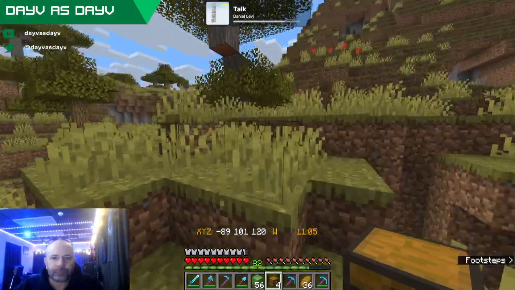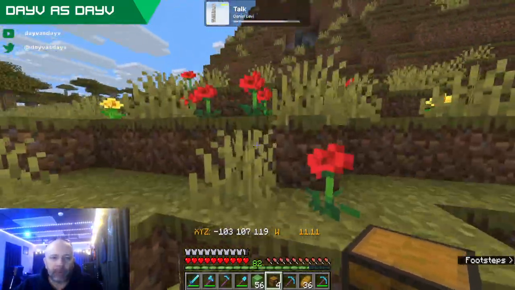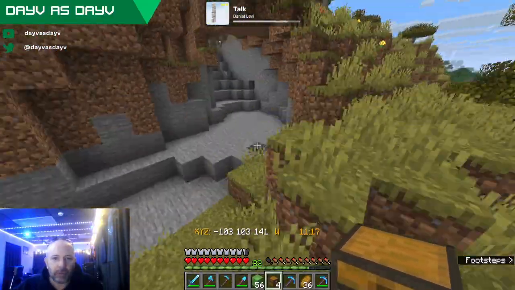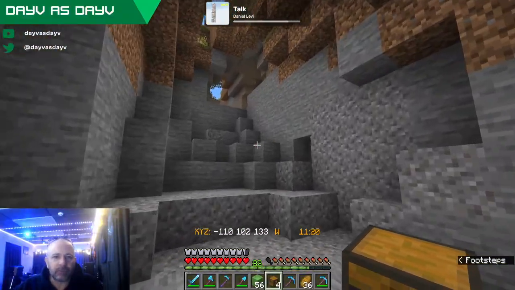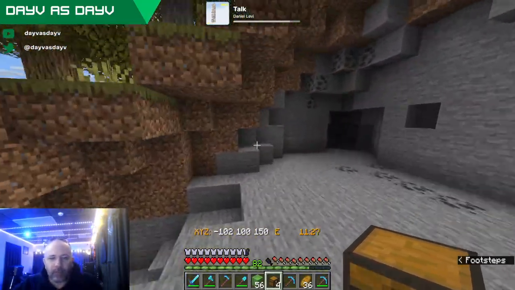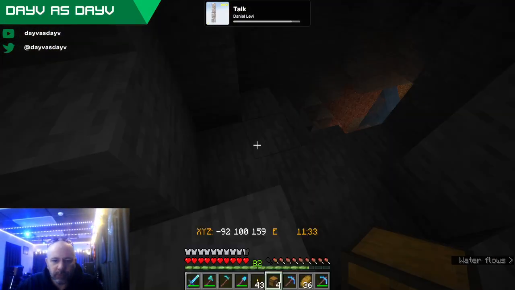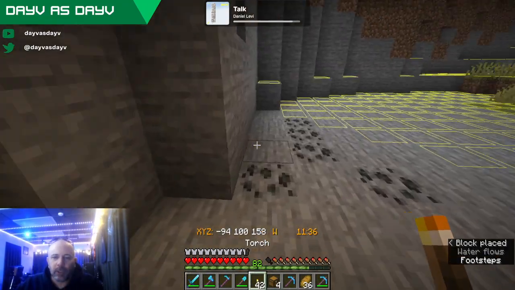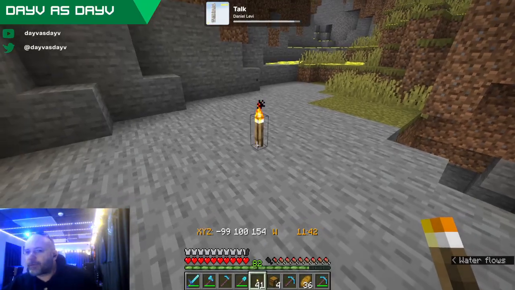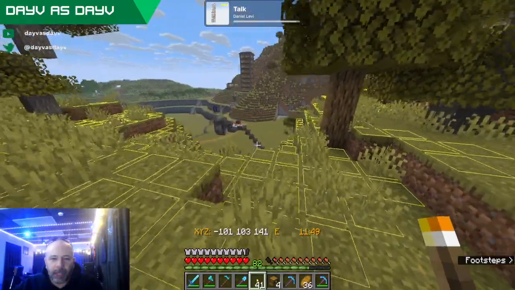Putting a bamboo farm somewhere in here wouldn't be bad. We can dig out, or even work with this cavern that's already here and just add to it. So basically, for these made with flying machines, you can make them as big as you want. Let's see here. Yeah, we need to light up something here. You're only restricted by the size of your flying machine. So what I probably need to do is work out how to do that.